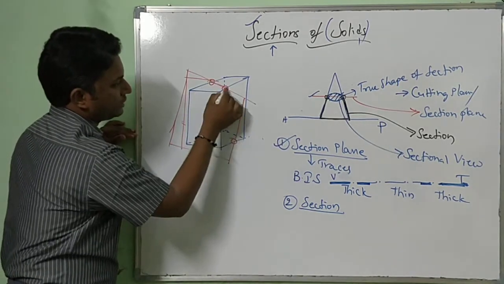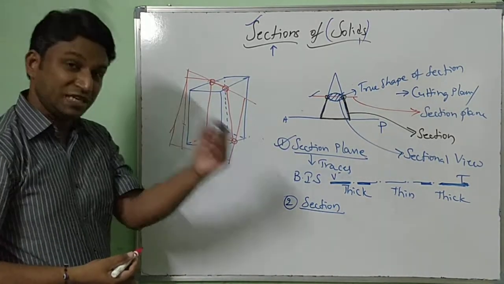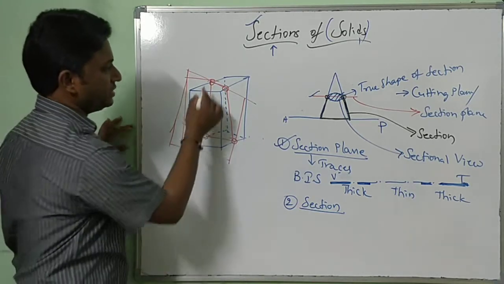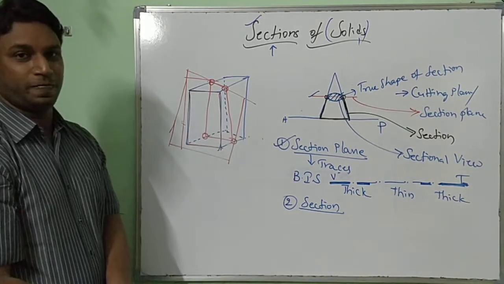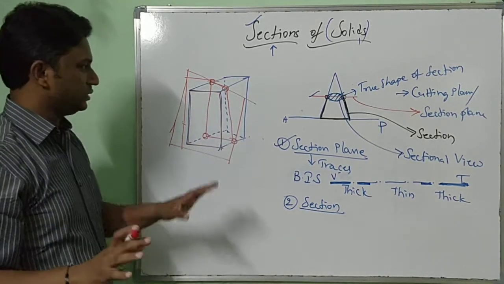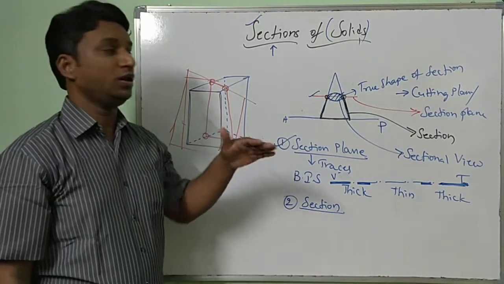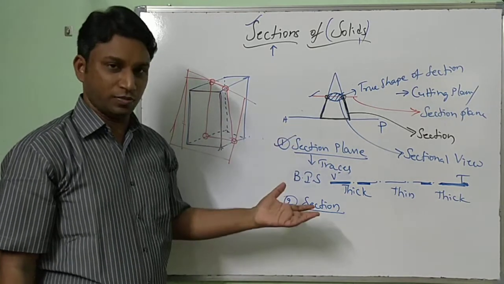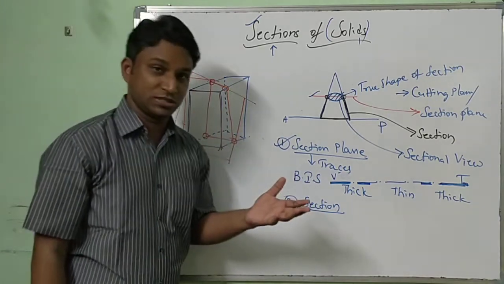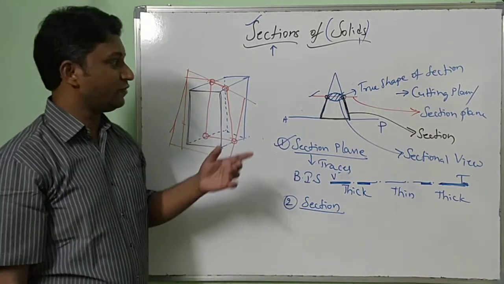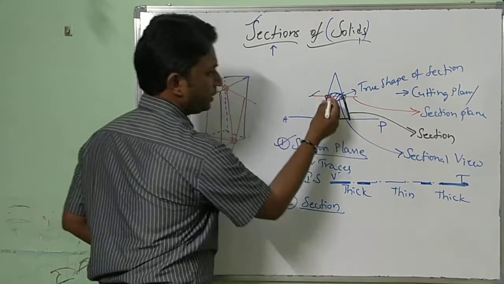Now these 4 points, when you join them in sequence, will form a shape which is equal to the front view rectangle. Right? Don't get too confused. Section is nothing but the part which is to be shown when a section plane cuts the object. Now, how is it shown? It is shown with the help of lines, drawn from the points in sequence of the intersection of the cutting plane.